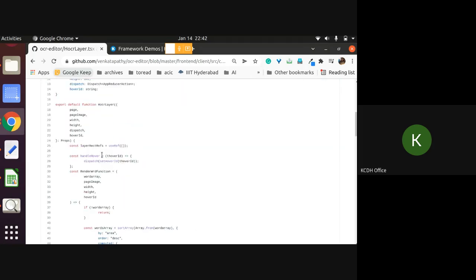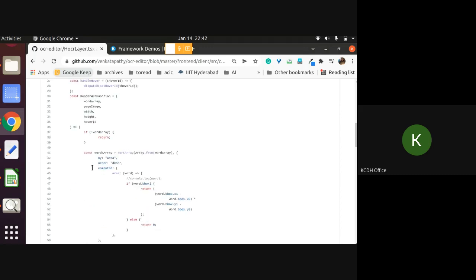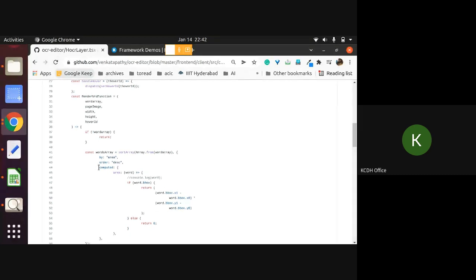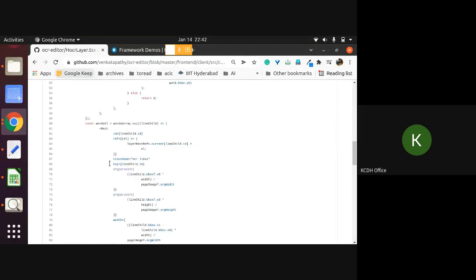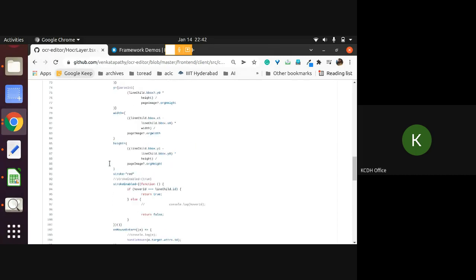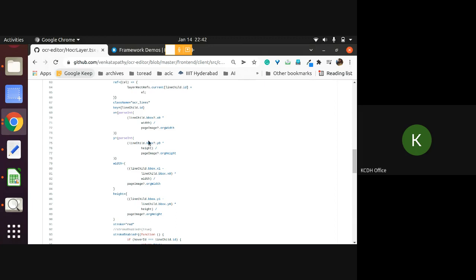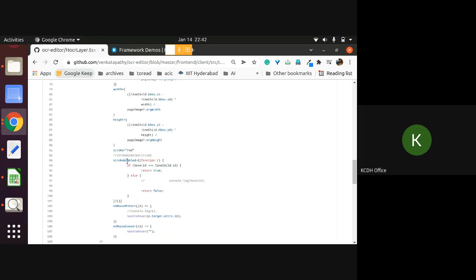So this is a function for actually doing this highlight of words. You need to go through it to understand it. Basically, you take the bounding box and have a ratio with how much it's zoomed in, and based on that you have something called x y. What's the current x and y? And there is something called stroke enabled.